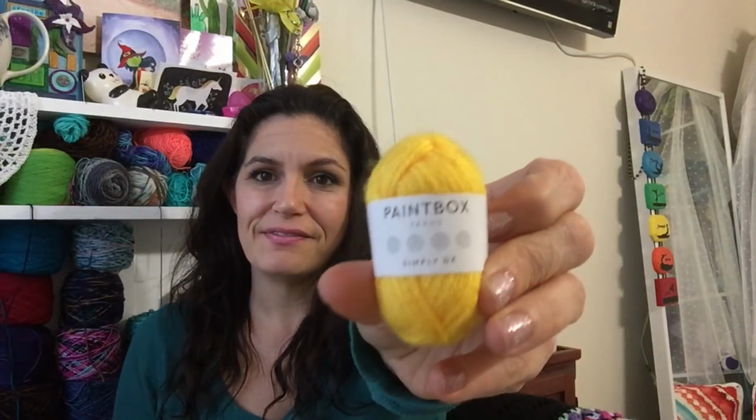And she sent me a paint box. See, now, I've never had paint box yarns, and this is Simply DK. I've never been able to touch it, and people show it to me on Instagram all the time, and it's so hard to see yarn that you can't touch, you know what I mean? But speaking of yarn that you can't touch,